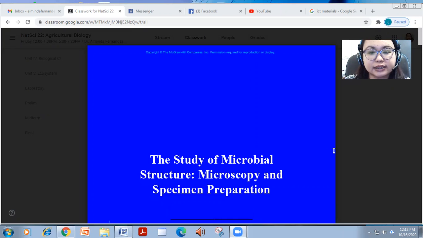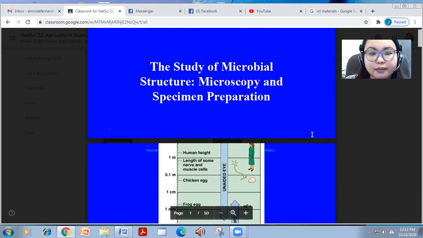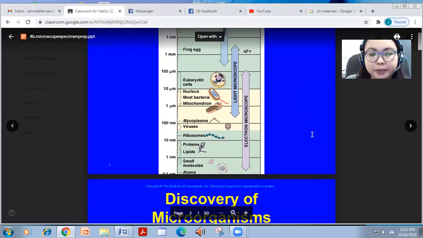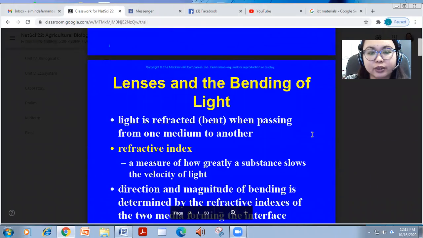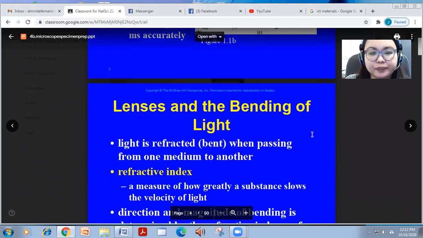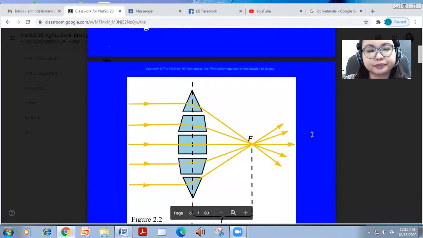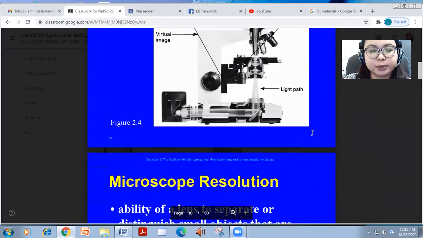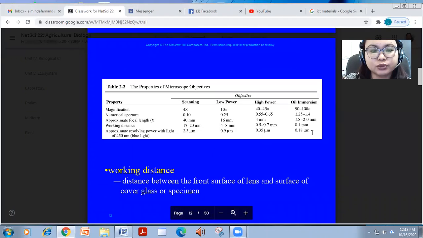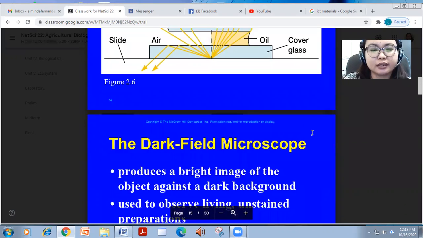Last meeting, we did discuss how microscopy is done, starting from the discovery of microorganisms and the explanation behind the lenses and light bending for each type of microscope. As you can see on the previous slides, we have the different resolutions, the magnifications, the working distance, and the different types of